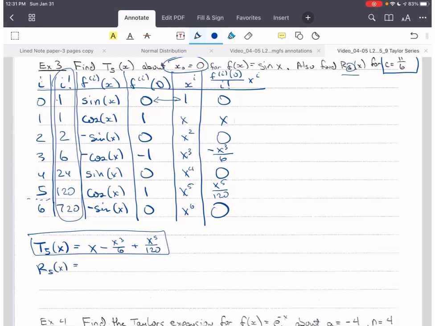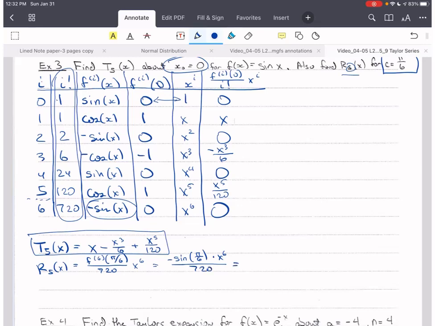And so we're going to take the sixth derivative, which is, so this is going to be f of 6 at pi over 6. So not at 0, so be careful with that. Over 6 factorial, which is 720. Okay, and then x to the sixth. So this is going to be, so we need this term, so negative sine of pi over 6, so this is negative sine of pi over 6 times x to the sixth over 720 equals,